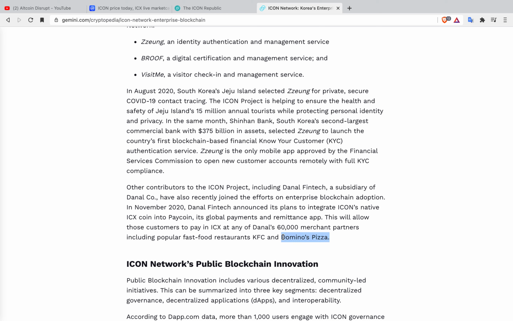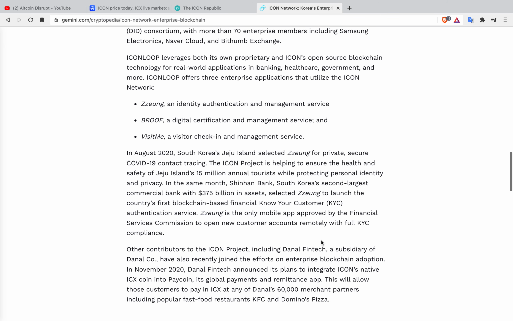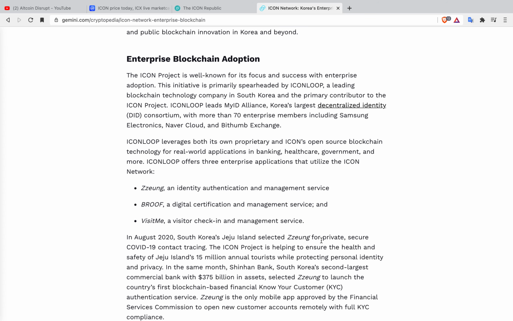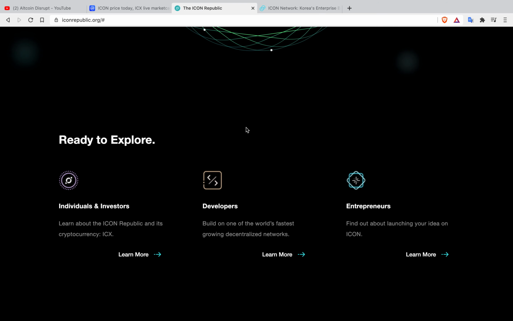Everyone has tried Domino's Pizza. If you haven't, you need to. And everyone has tried KFC. If you haven't, you shouldn't. It's a bit unhealthy, to be honest. But the pizza I can forgive you for, because who doesn't love pizza? Am I right? As long as there isn't any pineapple on it. I'm kidding. I love pineapple. I don't care how it comes. I'm joking. As long as it's not hot, because pineapple shouldn't be hot. You can put pineapple on whatever you want, but it should not be hot. It should be at room temperature, cool temperature. So anyway, guys, enough of that.